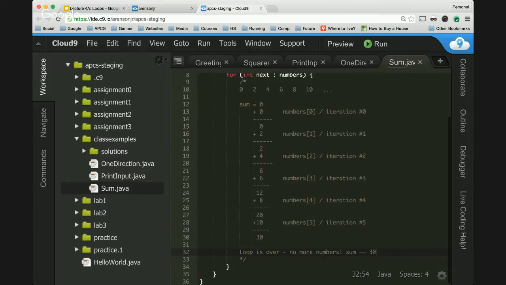But because it is only adding 2 more each time, you could do something, but remember, we didn't add 2 to sum each time, right? Sum didn't go 0, 2, 4, 6, 8. Sum went 0, 2, 6, 12, 20, 30. So it's a little bit tougher to keep track of. What if you change that 6 to a 17? Now there's no pattern anymore. Sure. Then you definitely need a loop. Yeah, just to ensure